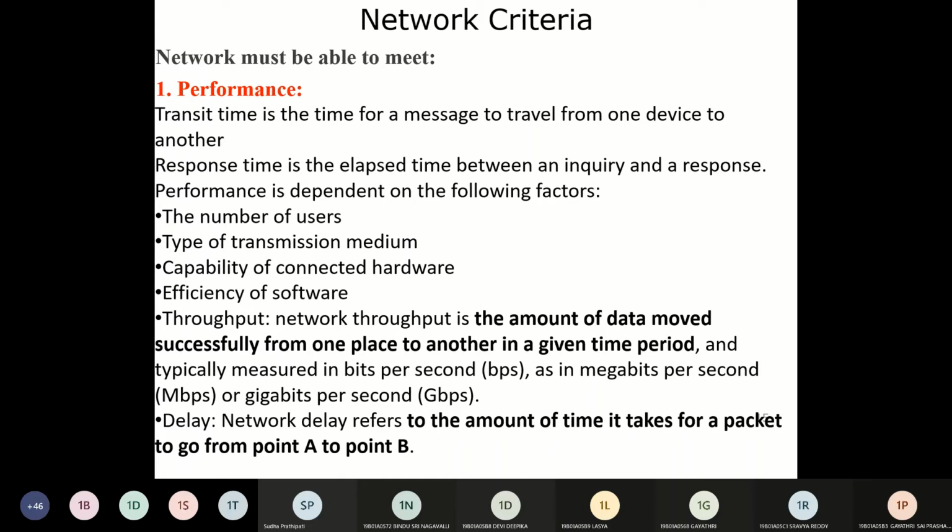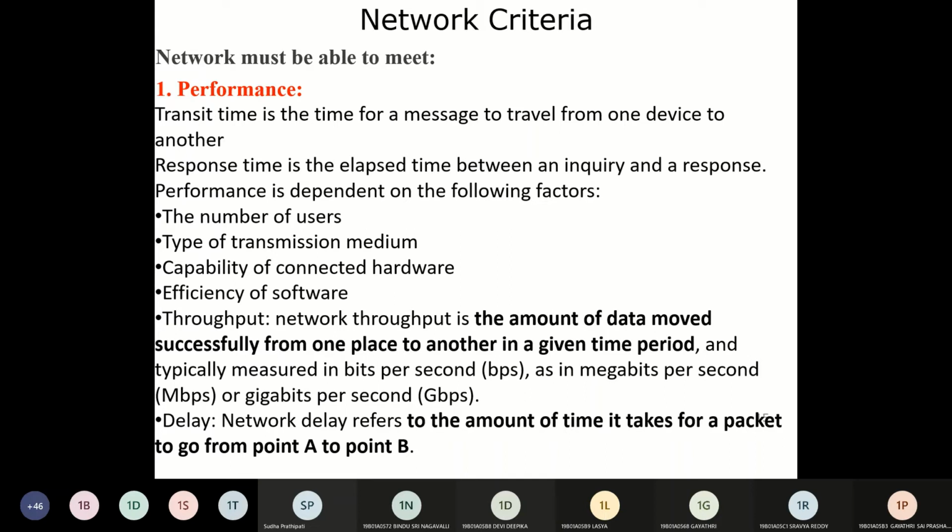There is a supercomputer in NASA which can transmit almost 90 gigabits per second. There is a difference because the hardware and software that the supercomputer uses is different from the commodity ones. That's why the throughput is very good for certain computers. This is measured, so performance is measured. We say, what is the throughput of the network? Based on that, you can estimate how good the network is.